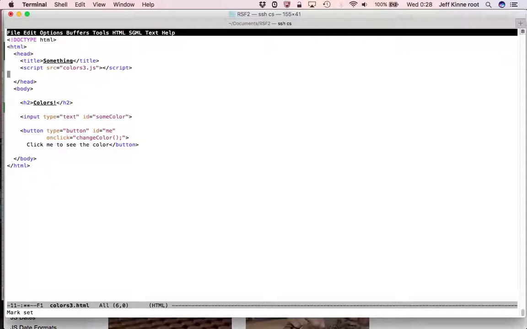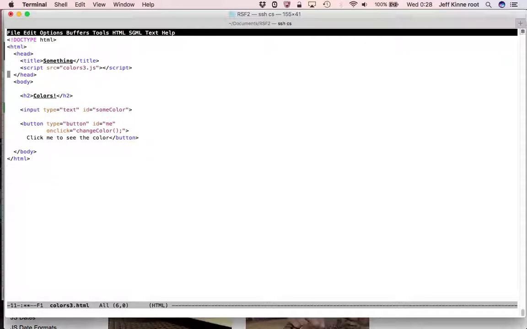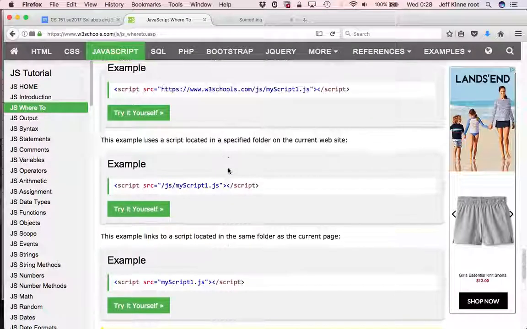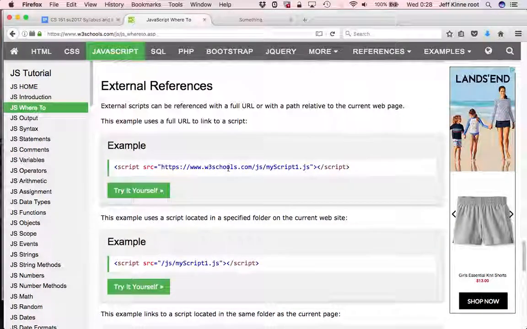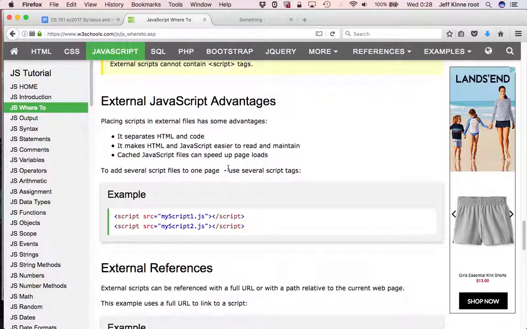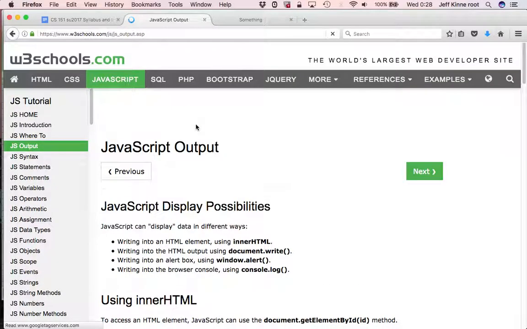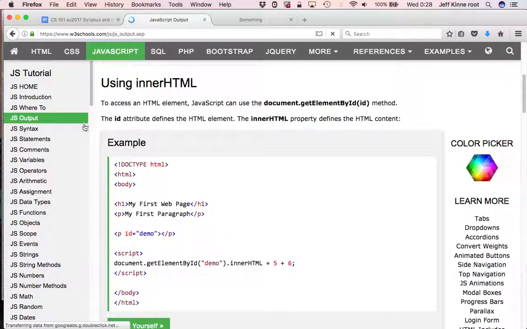So the reason that it'll often be put in the head is because if somebody was reading your HTML code, they would start at the top, and then they would see, aha, there's a script file that you need to go look at. Okay. So that is the basics of where the JavaScript code is going to be,